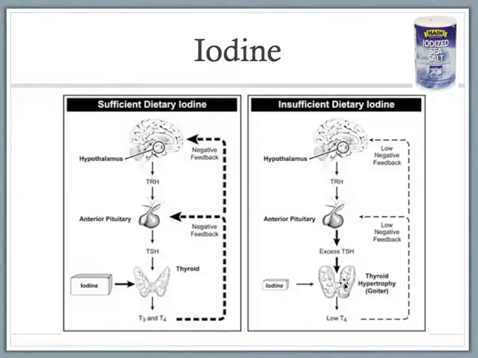So let's just track this really quickly. We've got insufficient iodine, which means there's not going to be enough T3, T4 that's made. So that will continuously tell the hypothalamus that it needs to pump out more of its products so that we reach homeostatic levels of thyroid hormone. So we're going to have excessive feedback to the hypothalamus. We'll have a large amount of TRH made, thyrotropin releasing hormone, lots and lots of it, which will bind to receptors in the anterior pituitary, which in response are going to spit out constantly very high levels of TSH, or